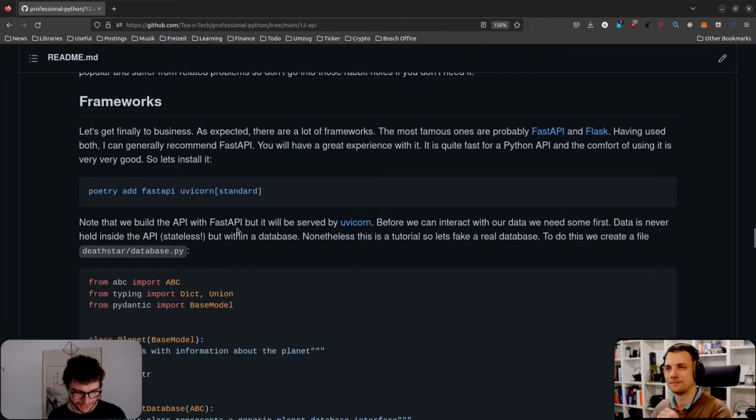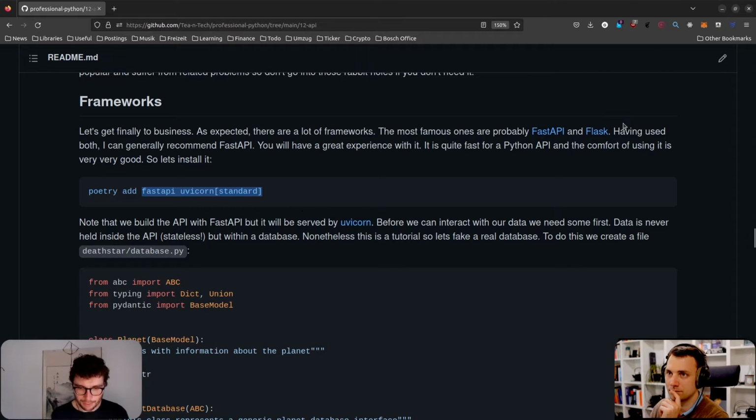Okay. So the first and most important one is you need to have a framework for writing, and you need to have something serving that framework. And I really recommend you just go with FastAPI and Uvicorn. You will never hit a limit, it's just a perfect combination. Don't think about it even too much.